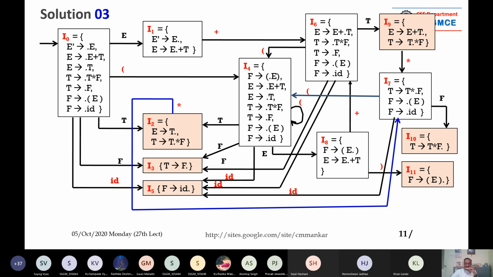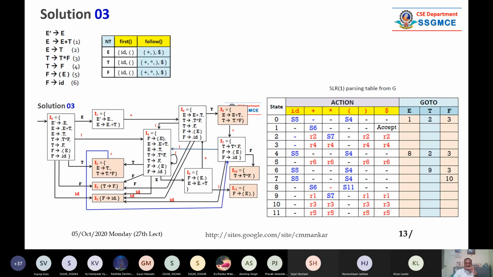Anyway, on input star, you are switching from I2 to I7. So you see this, line number 2. So on input star, we are switching into S7, that is shift 7, right?